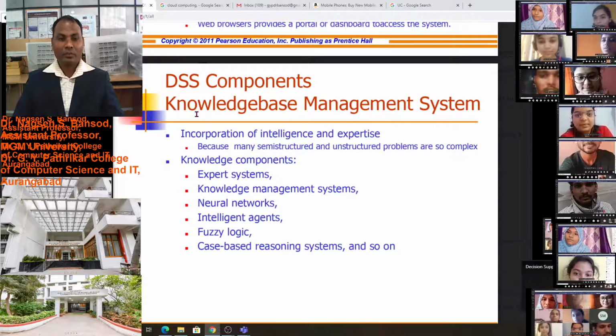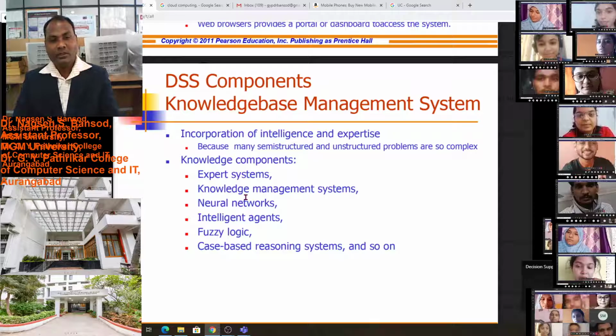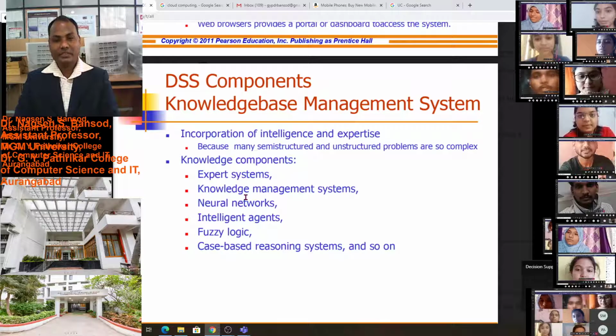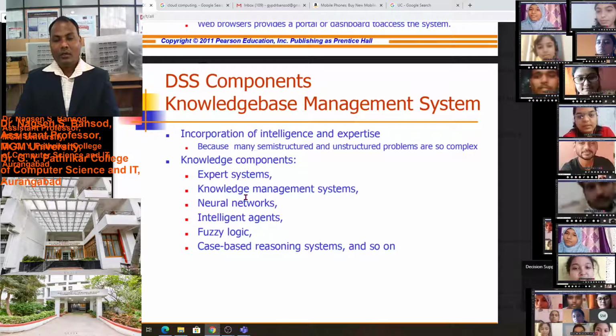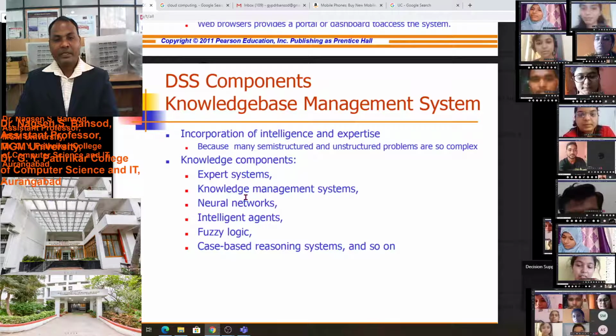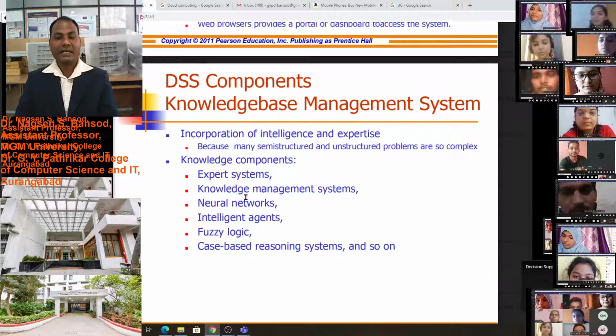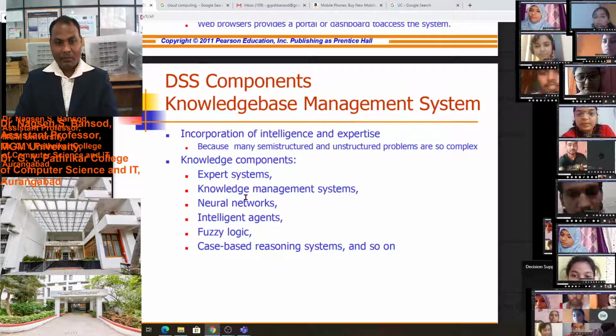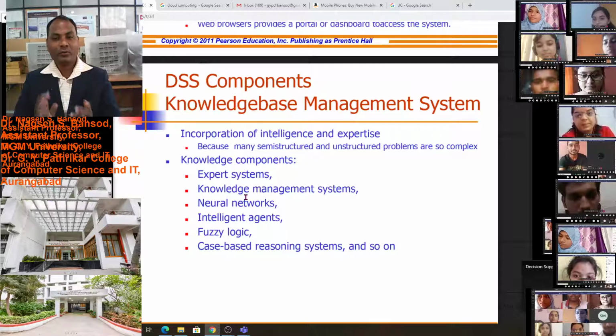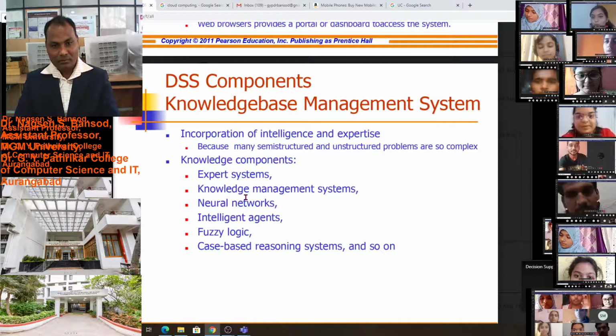Then we will see the next component of the decision support system, the knowledge base management system. The knowledge based management system incorporates intelligence and expertise, because many semi-structured and unstructured problems are so complex.